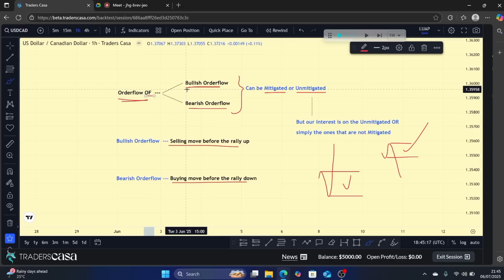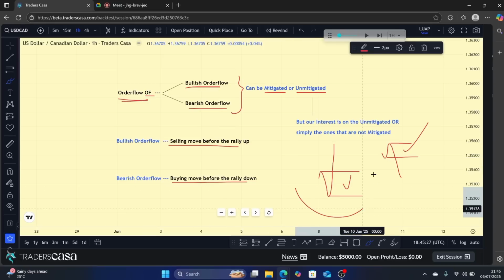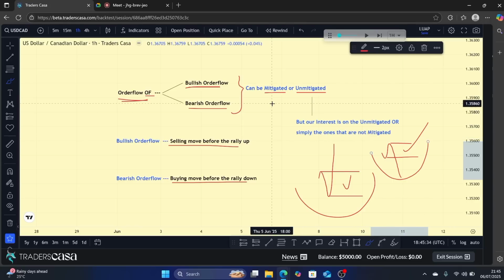So right here, like I said, it's divided into two, and these are the definitions of the bullish order flow, that's the selling move before the buy, and the bearish order flow, it's actually the buying move before the sell. All right, so an order flow, either bullish or bearish, can be mitigated or unmitigated, but